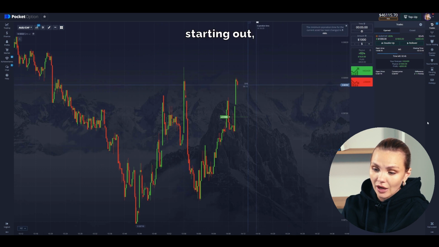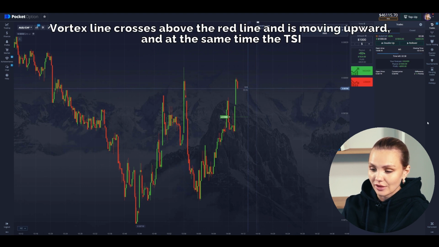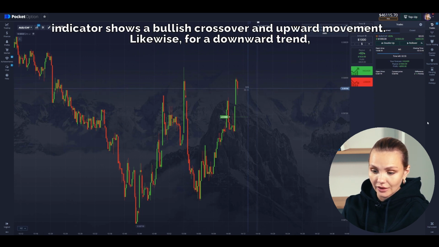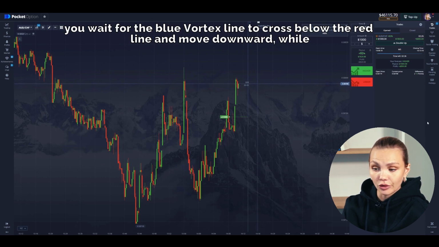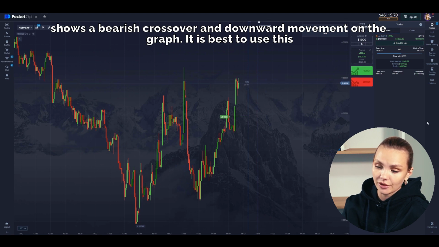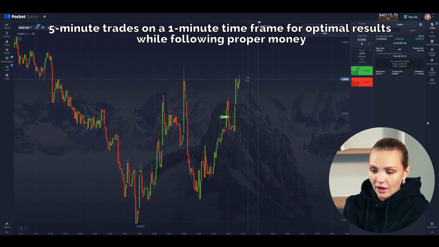If you're just starting out, you can try filtering signals with the help of TSI. You open an upward trade when the blue Vortex line crosses above the red line and is moving upward, and at the same time the TSI indicator shows a bullish crossover and upward movement. Likewise, for a downward trend, you wait for the blue Vortex line to cross below the red line and move downward, while the TSI shows a bearish crossover and downward movement on the graph. It is best to use this strategy with 5-minute trades on a 1-minute time frame for optimal results while following